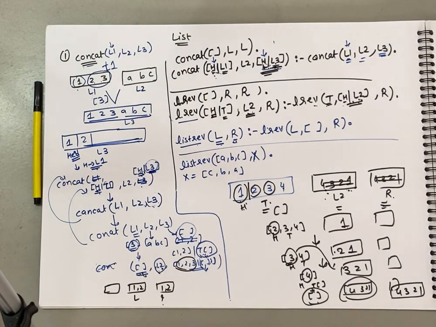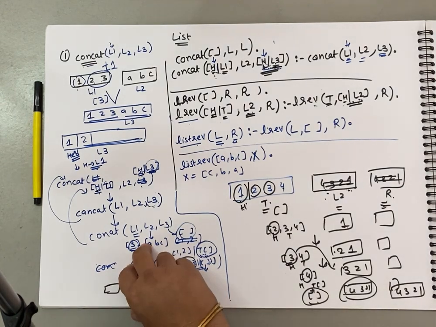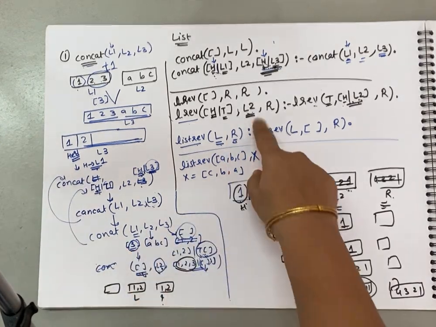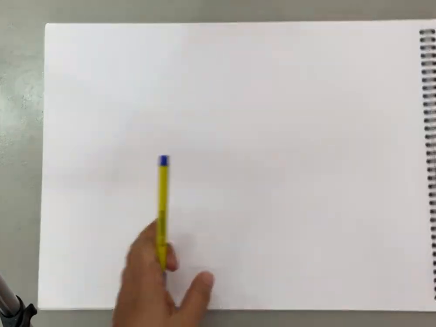So please do a dry run and understand this concept of string reverse and list reverse very properly, because both of these have been asked many times in GTU question papers. Now we are going to discuss concatenation of the list. So let us discuss list concatenation. We are going to discuss sublist. Okay, so let us discuss sublist now.